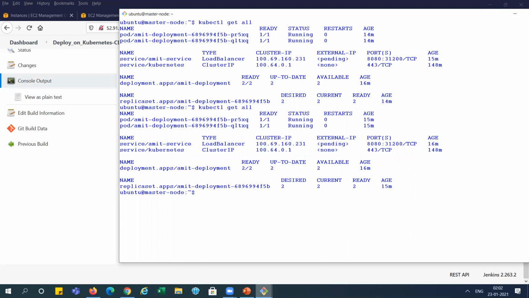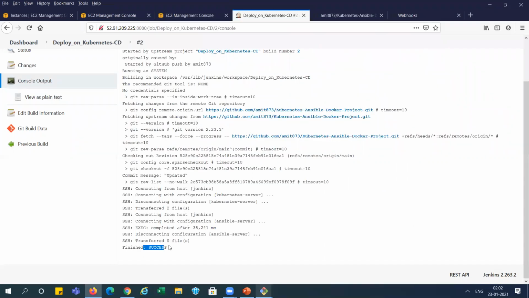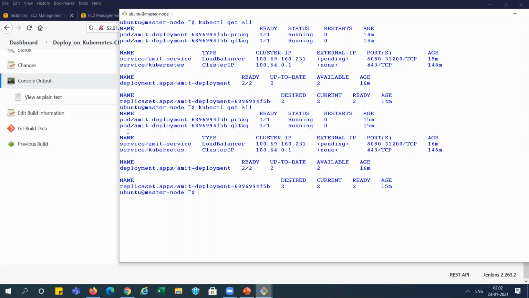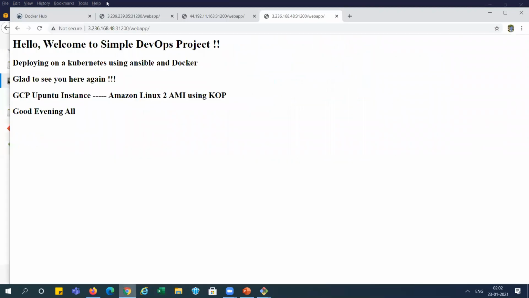Still, it is not deployed so far, as per my understanding. It finished successfully, but it will take some time. Let's wait. Meanwhile, I'm just going to the master node. I'm refreshing it. Nothing is happening. It has changed, right? You can see here. It has changed directly here.